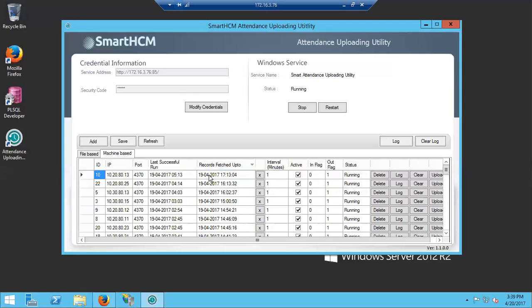After that interval, the system again gets the data from that machine. It checks the last uploaded time, gets the data from that time to the current time, and again logs the record fetch up to column. This column shows at which time and date the machine last got the data. So the last successful run time of the machine is shown in the last successful run column. If any machine has any bugs or